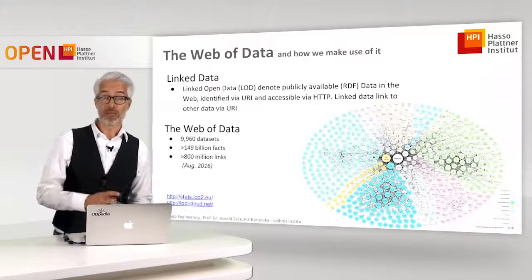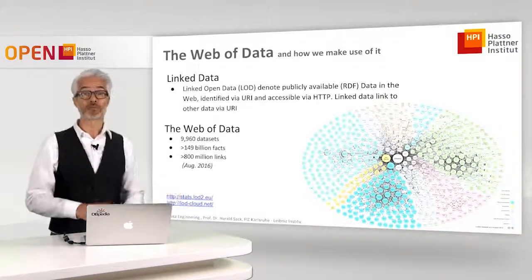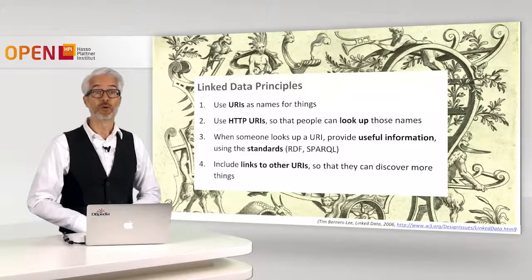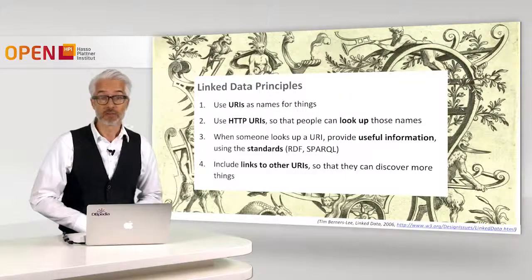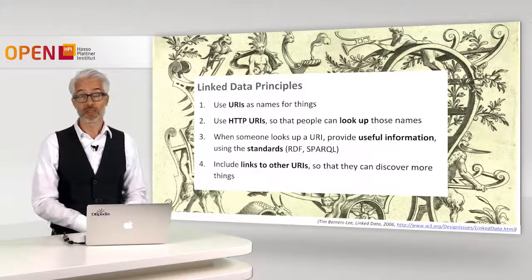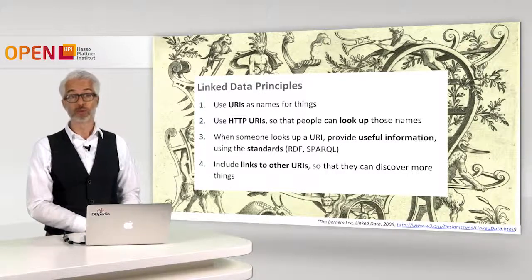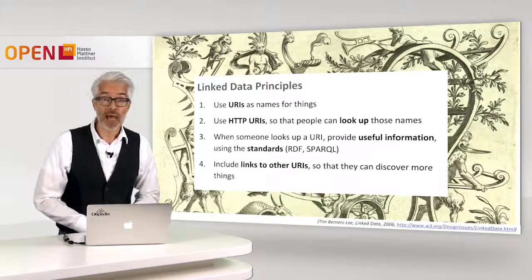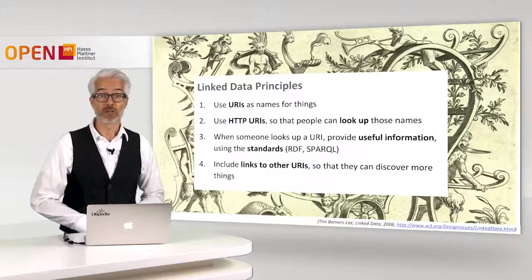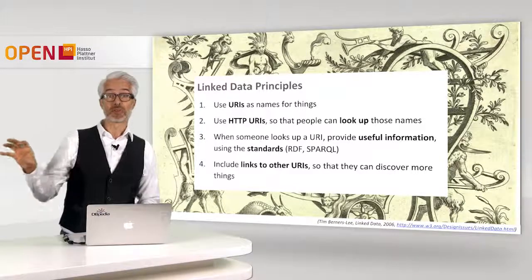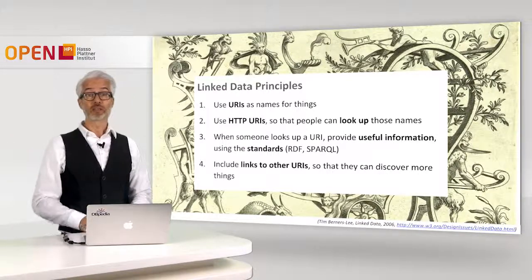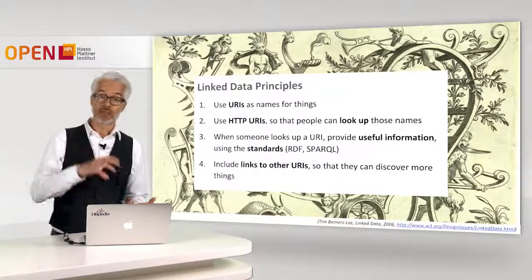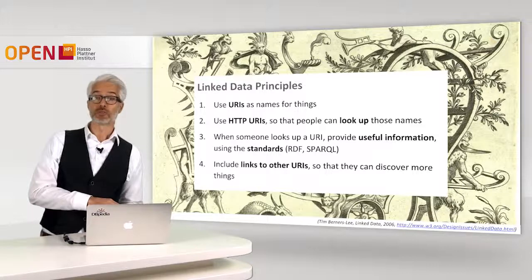Now, possibly you want to make your own data also part of the web of data. What do you have to consider? We have already heard about these linked data principles. These are 4 basic principles. First, when we want to name things in our data, we should use URIs. And of course, we should use HTTP URIs, which means people should be able to look up these names on the web. If they look up these URIs, there should be useful information provided, like, for example, information encoded in the RDF standard, which can be queried, for example, with